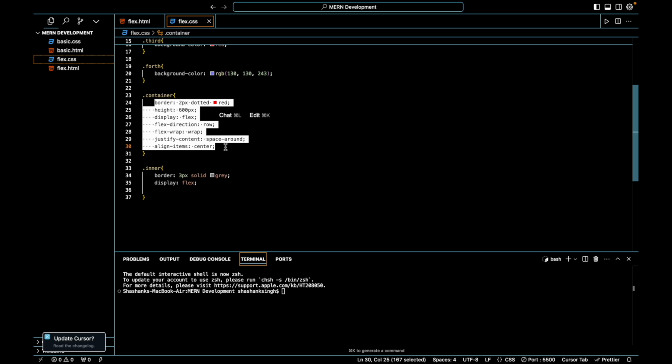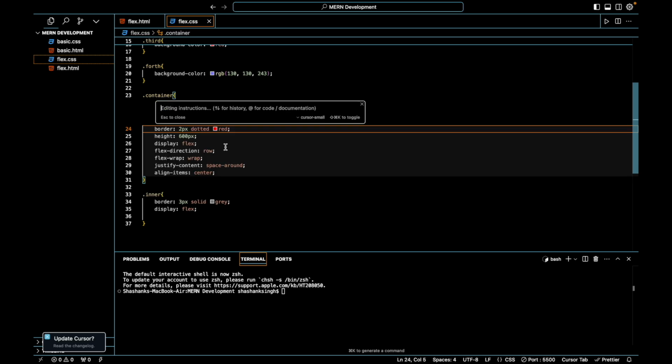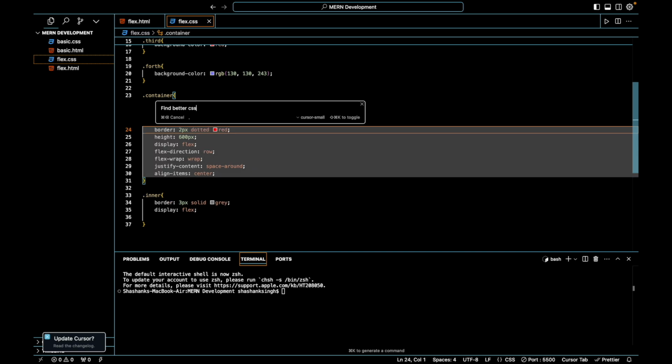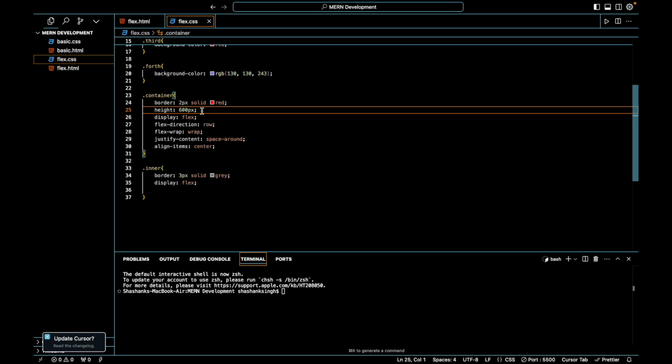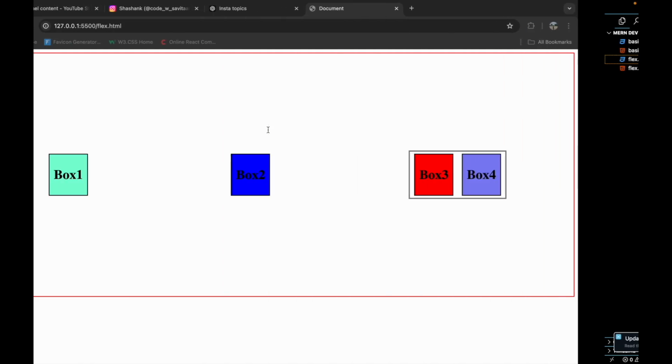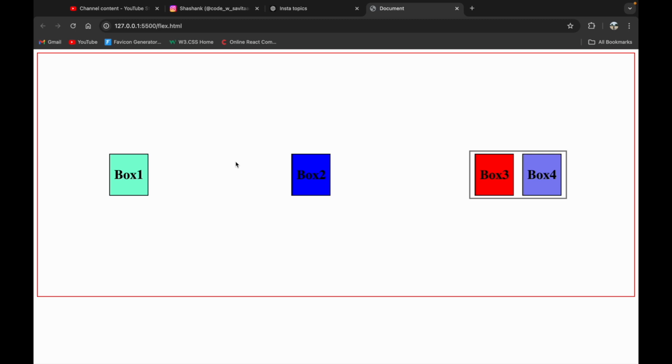So if I select this, press Control A, and find better alignment, better CSS, then let's see if it is generating anything. Okay, it is not giving anything, to be honest, just telling me to take solid as the border. No worries, but you can use Command or Control K to use the chatbot from Cursor AI,